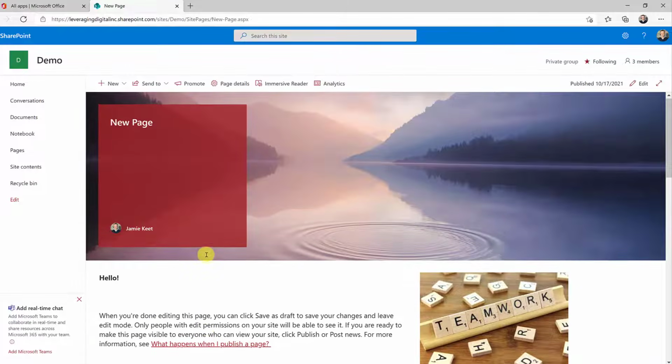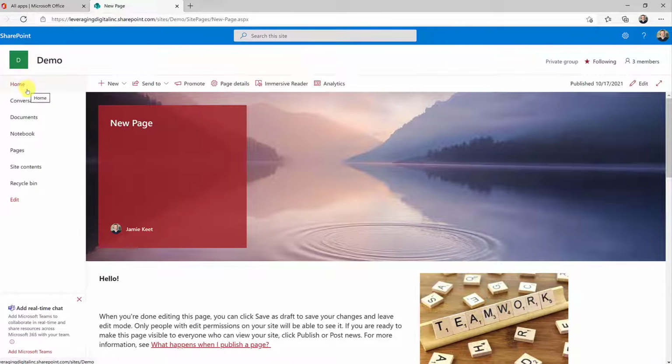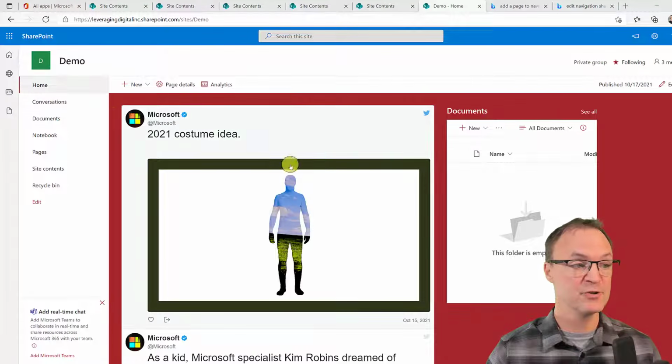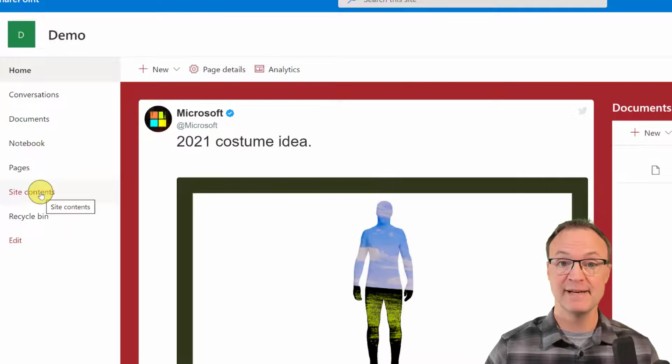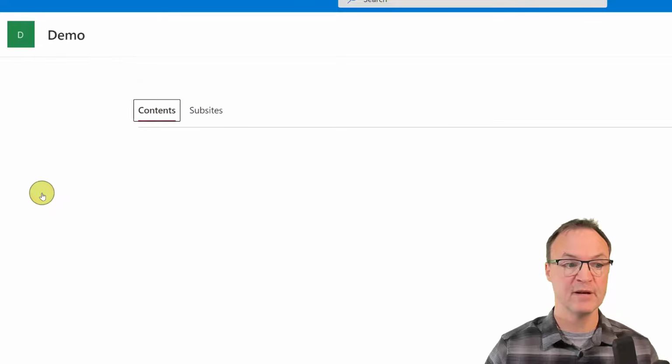Now, if I take a look at this though, I don't see it under my list here, under my navigation. I'll show you how you can add this to it now. So I want to add this page to my navigation right here. I'm just back on my home page. Everything's republished. If I go down to site contents right here, this will show me all the different things I